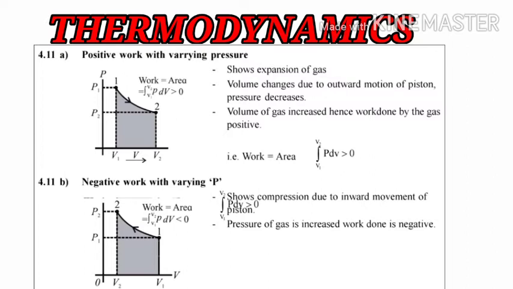Now students, we will see the second part, that is B, negative work with varying pressure. As you can see in this PV diagram, this diagram is exactly opposite to that of positive work with varying pressure. In that positive work, the diagram was from 1 to 2, from the pressure to the volume, and this diagram is exactly opposite, from 1 to 2, volume to the pressure. You can see the difference between the two diagrams. Thus we can conclude that